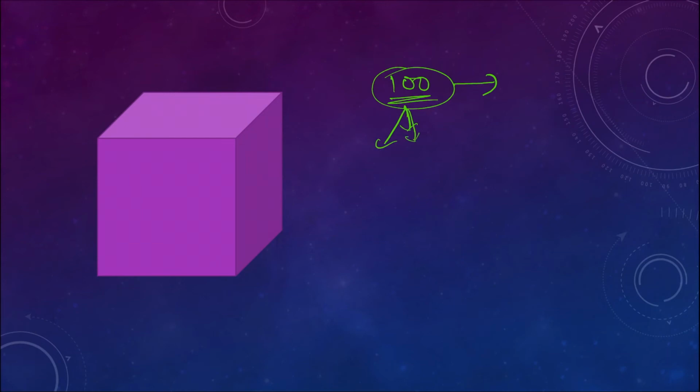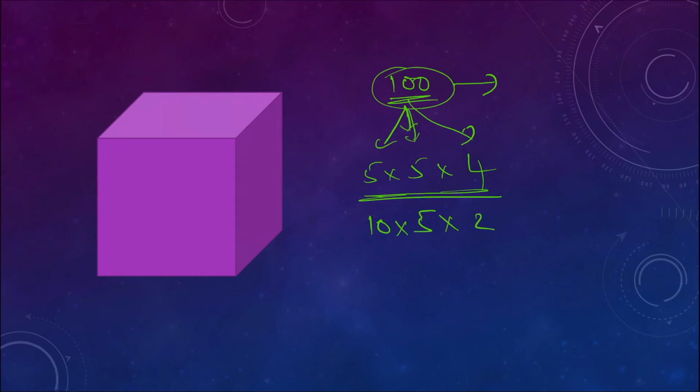So again write it as product of 3 numbers, 5 into 5 into 4. Any other case? So it is nearest to each other, definitely. This is the only one case. If you write 10 into 5 into 2, the difference is 8 here, but the difference is 1. Difference between the maximum or highest number and lowest number should be minimum. So this case only will be happen definitely.